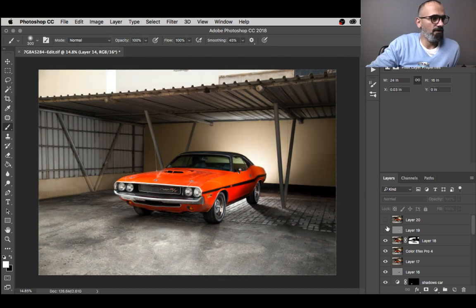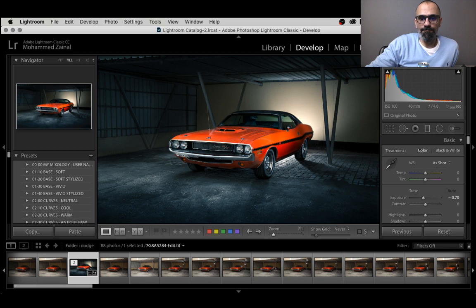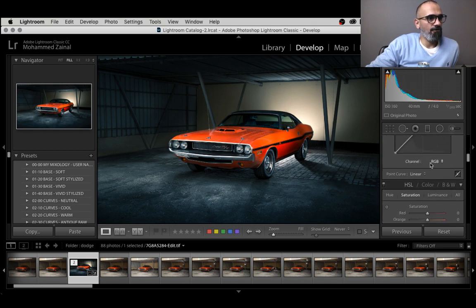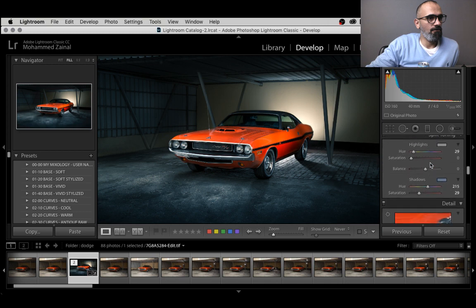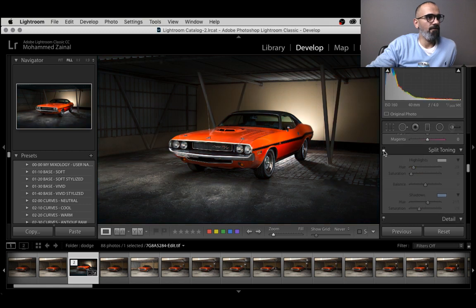And then contrast, sharpness, sharpening, and then I color graded that in Lightroom. So if you go to Lightroom over here and we go to the Develop module and scroll down to split toning, so these are the details. If I turn this on and off,